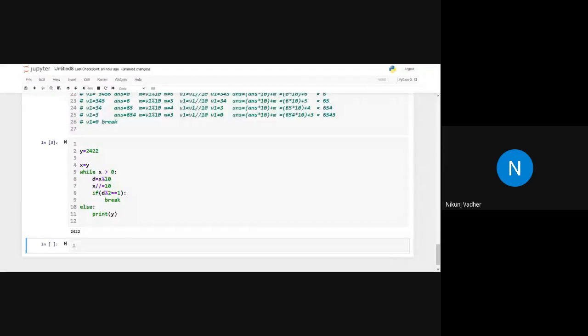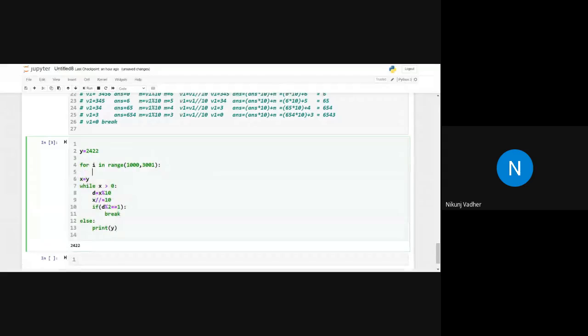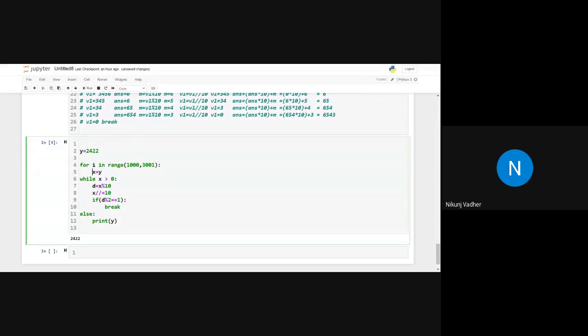Divyajit, clear? Or do you want an explanation one more time? Okay, now what you have to do? Now this is simply fun. For i in range 1000 to 3001, here instead of x is equal to y, we will take x is equal to i.